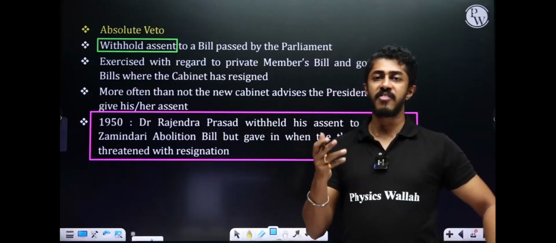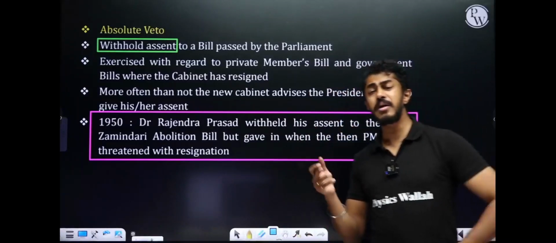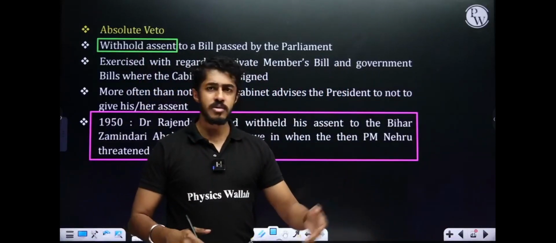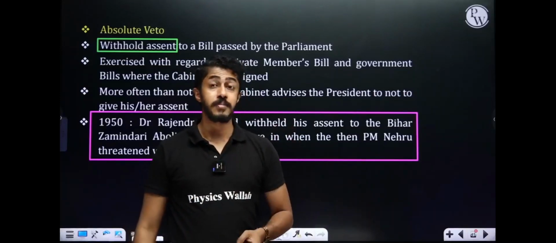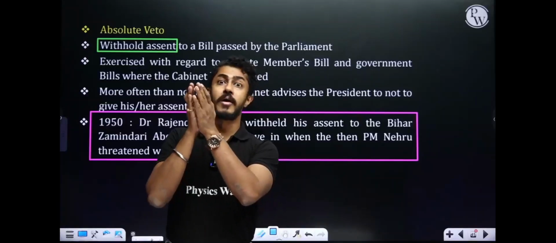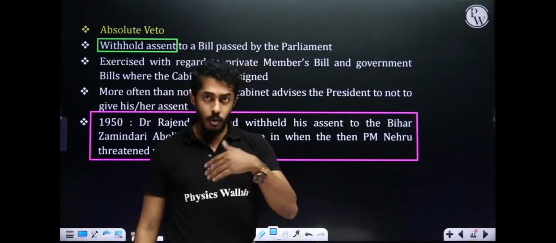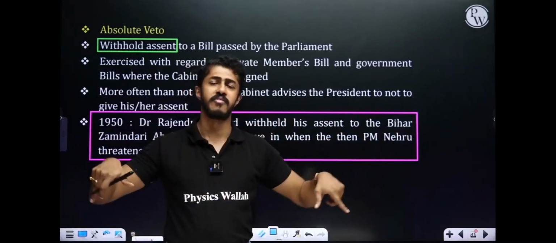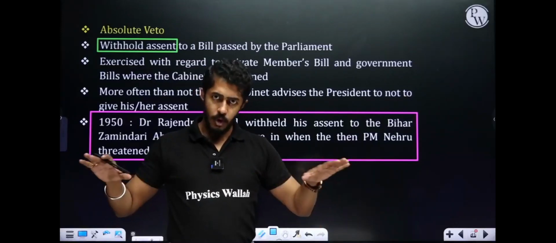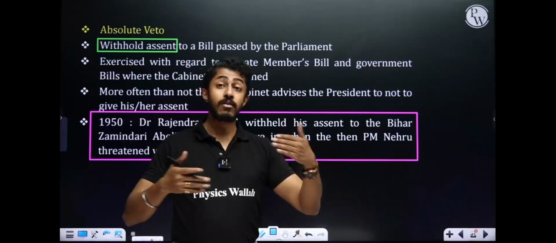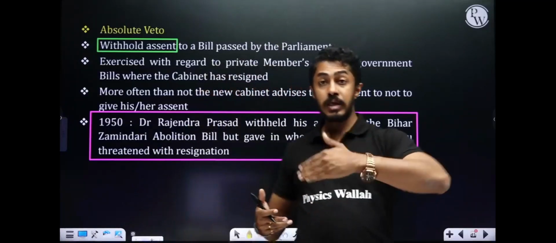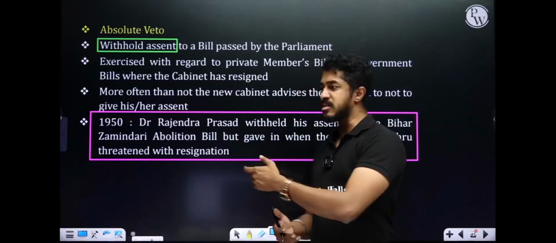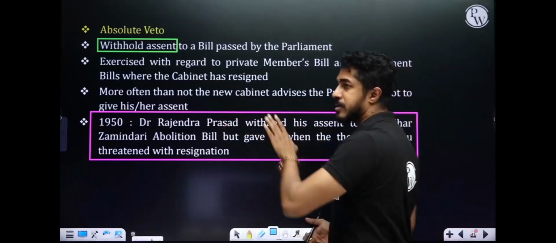Because everybody came from where? Everybody actually came from the same freedom movement. Correct? So it was almost like a on-first-name-terms relationship. It is not like Rajendra Prasad saw Nehru like, oh my God, Nehru. No. Nehru also did not see Rajendra Prasad like, oh my God, the president. No, they were all like, hello, we have all sat together for the freedom movement. We are all equals here. So that was the sort of relationship in the early 50s. Getting the point here. So that is why Prime Minister threatening the president with what?